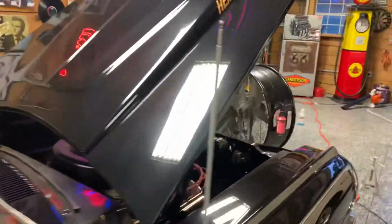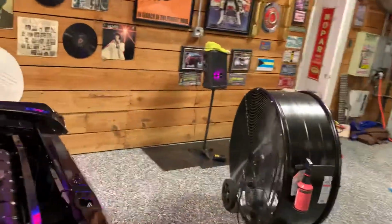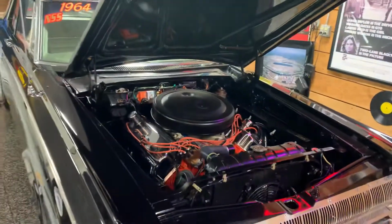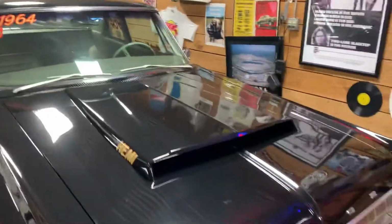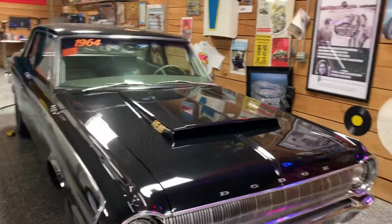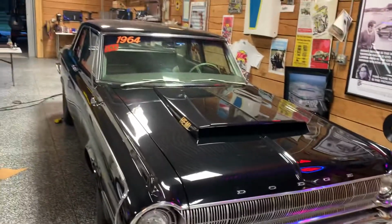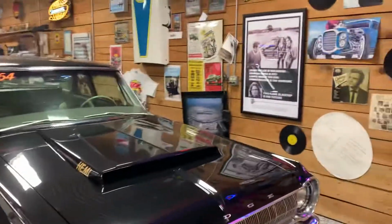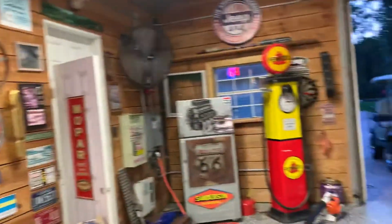So the old 330, this is a 572 crate Hemi, 565 horse. It's just a really nice cruiser. It's not super fast. Going to put a little gear in it and a little more converter. That'll make it a little bit more fun to drive, and we'll probably take it to the track and run it a little bit. But the big news is